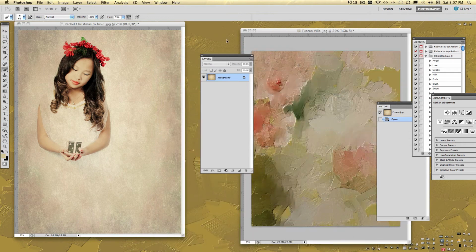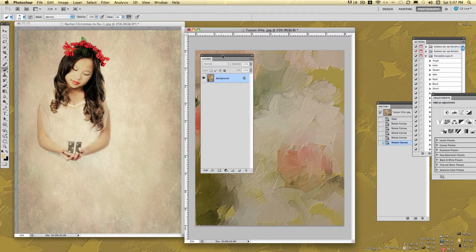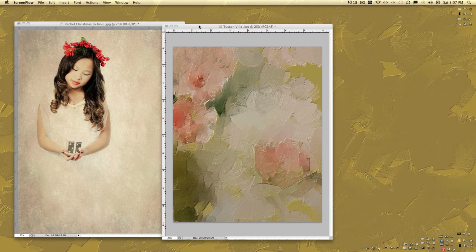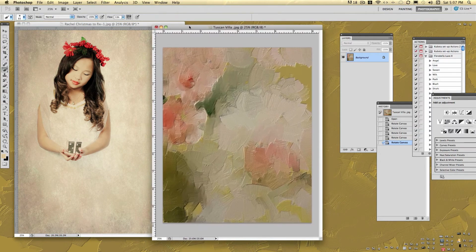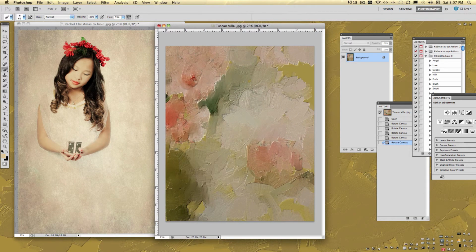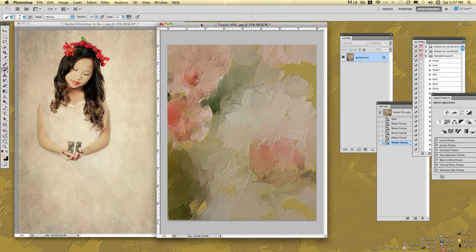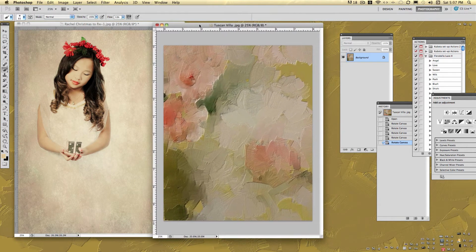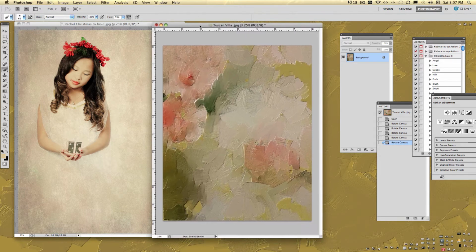So we're going to minimize this, and we're going to bring in our Tuscan Villa texture. Okay, now as you can see, this texture is a very intense impasto texture, and I usually apply it with a very intense blending mode. The basic blending modes that we apply to textures usually are soft light and overlay. But with these impasto textures, I like to use hard light, sometimes pin light, sometimes multiply to bring out the